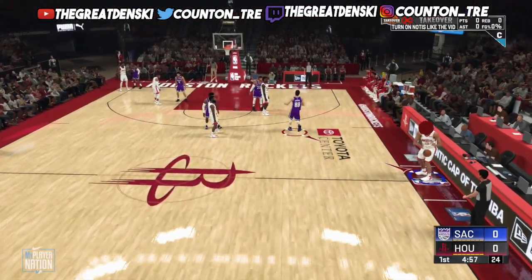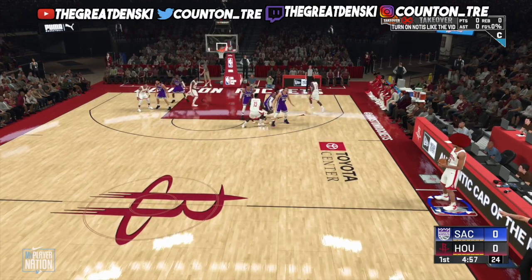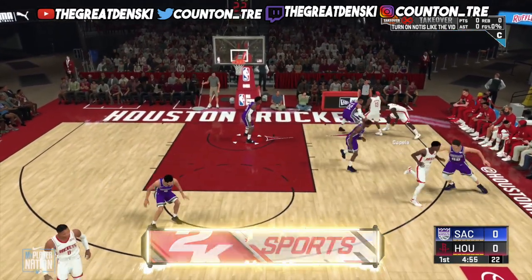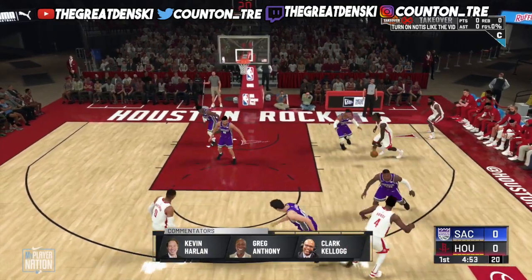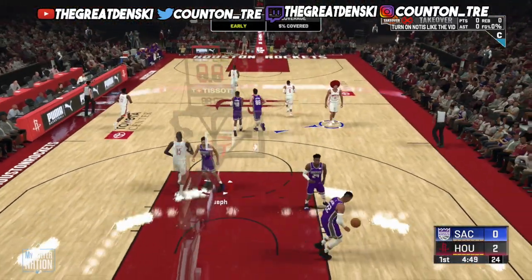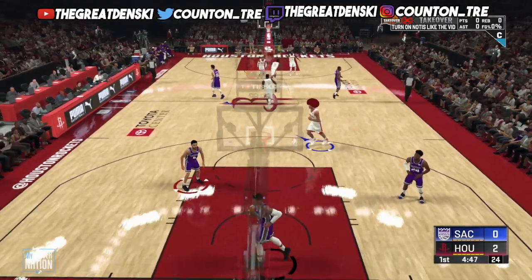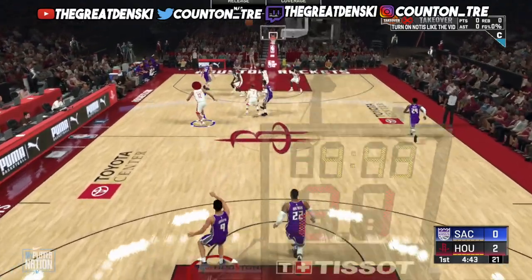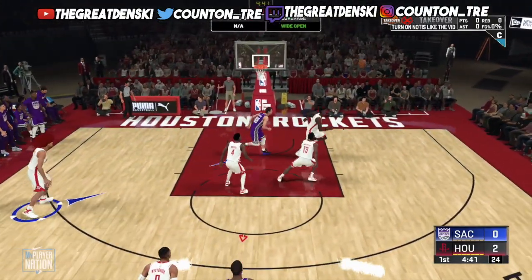Now keep in mind, the main point of this glitch is the fact that you can control both teams in a My Career, My Player Nation game. So essentially there will be little to no defense or little to no offense being played against you, you know what I mean? So all you really want to do is go into the game and get your team in the bonus as quick as possible. As soon as you get your team in the bonus, you can just keep fouling yourself and